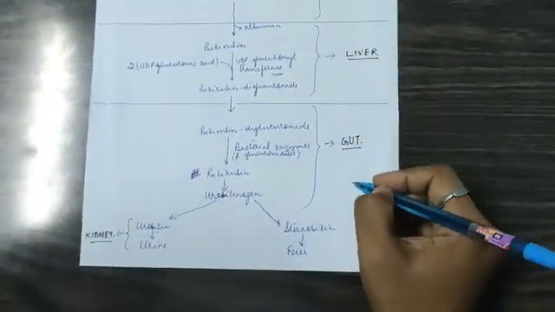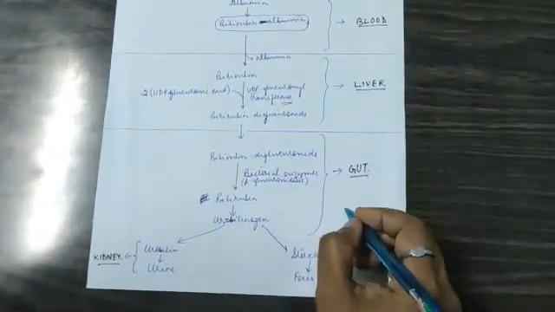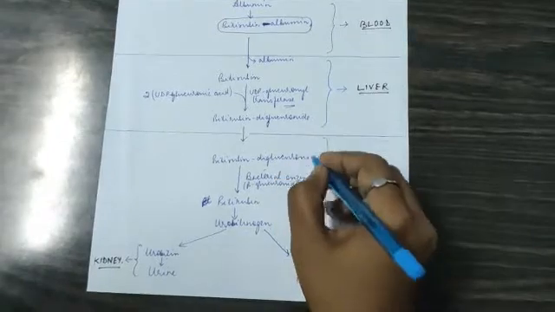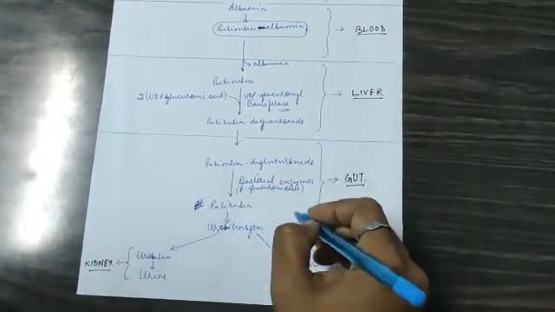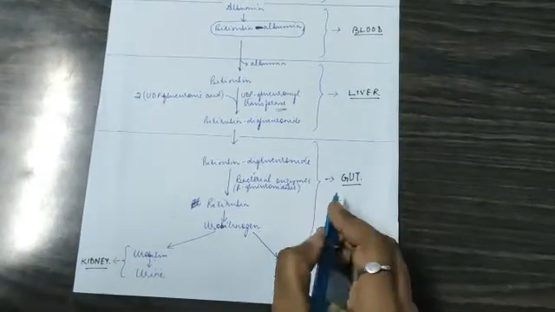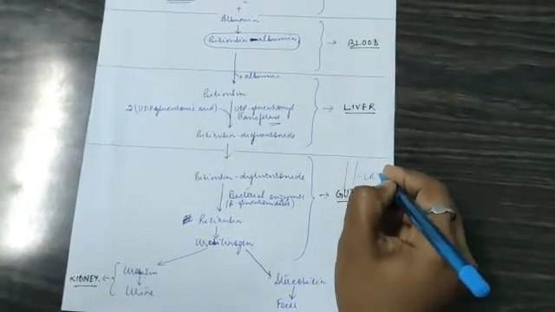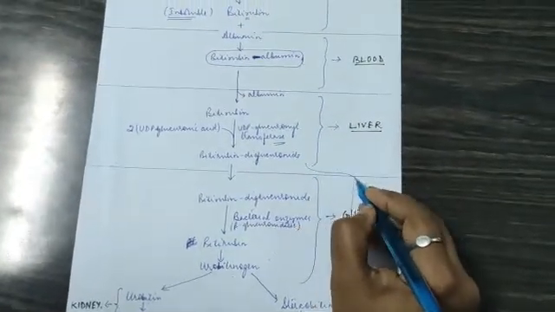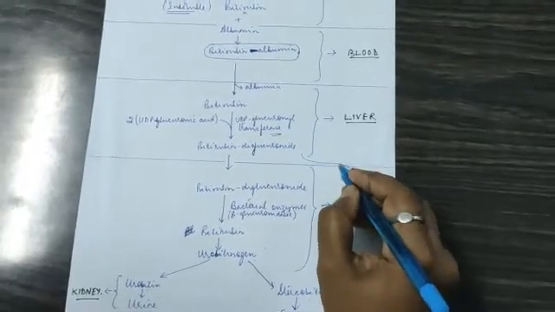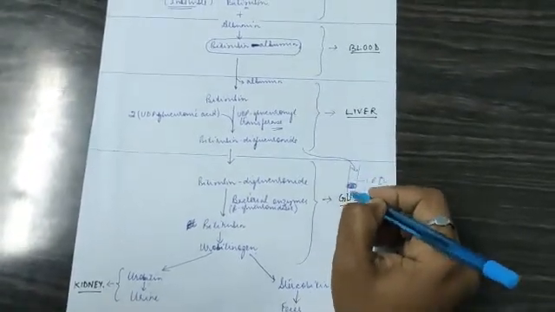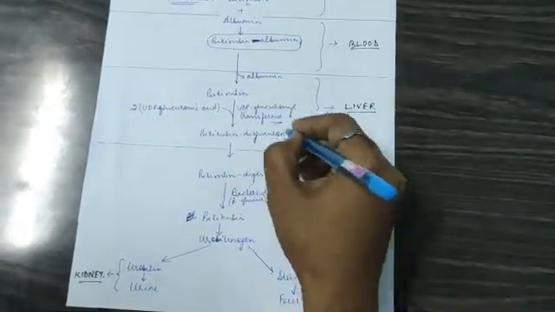Now coming to post-hepatic jaundice, that means everything is normal here, but some defect is there in the gut. It comes in when the bilirubin diglucuronide is secreted from the liver and comes through the common bile duct. Suppose this is the common bile duct and the bilirubin diglucuronide comes through this, but if there is any blockage here, the bilirubin diglucuronide cannot come down, so it will reflux back. In that case, it is already conjugated.